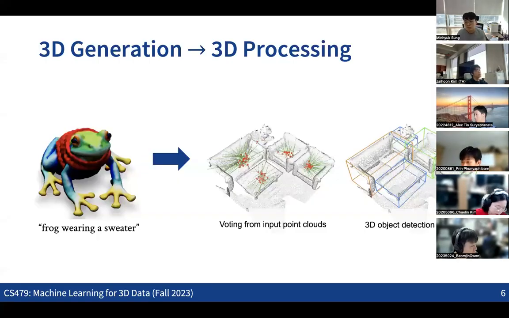Okay, so let's move on to today's topic. So far we have discussed lots of topics about 3D reconstruction and also generation. NeRF was kind of the state-of-the-art technique for 3D reconstruction from multi-view images, and then we moved on to topics like few-shot reconstruction and zero-shot reconstruction. So actually, zero-shot reconstruction is basically 3D generation.